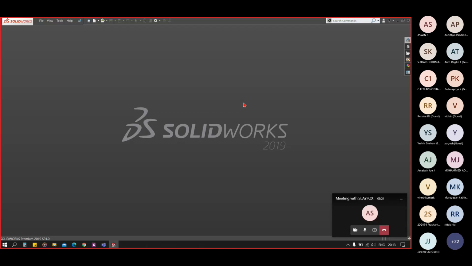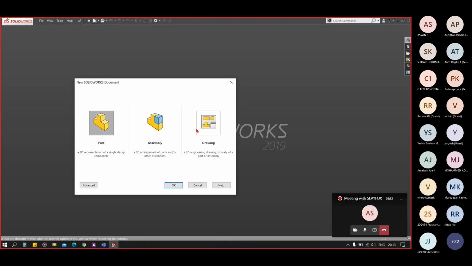To create a new assembly, as usual, you have to press Ctrl plus N, or you can create a new assembly using this new button also. When we click on that, we have three options here: part, assembly, and drawing. We have seen the part features in our previous sessions. We will be seeing assembly today and tomorrow, and in our further 2-3 sessions we will be having sessions for the drawing. So let's go to the assembly.